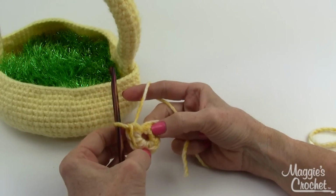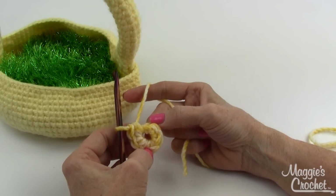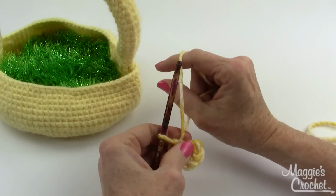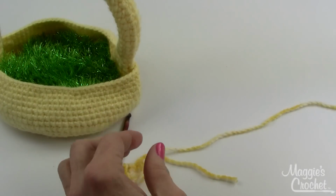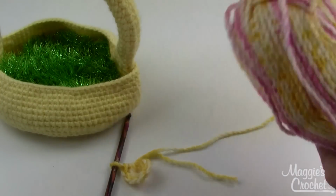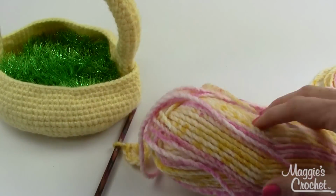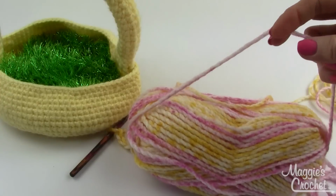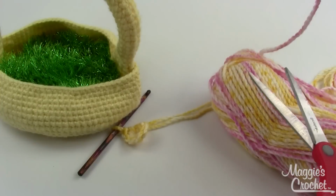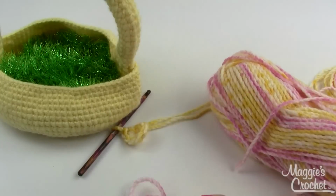Now it says to work, if you join the rounds like this, I'm not going to join. I am going to take a strand from the outside. This yarn changes from yellow to pink, and the color here is called Cotton Candy. And what I'm going to do is take a strand of the pink from the outside, like right here, and use that as my marker. So I've got a strand of pink here,